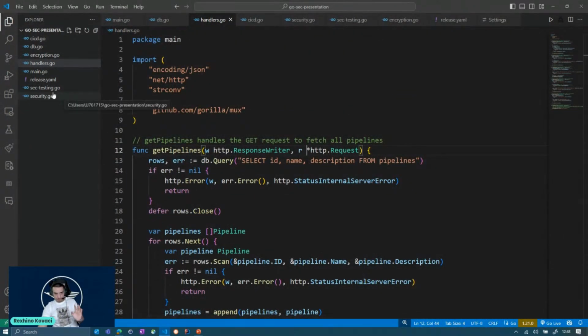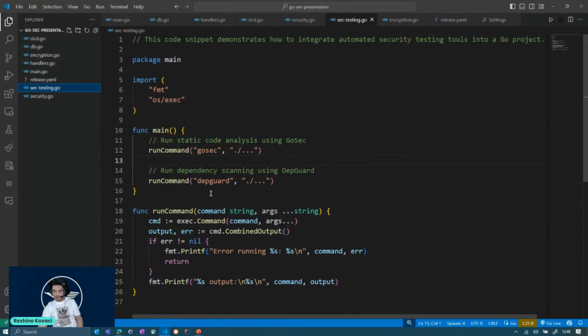So that's it. But we also talked a lot about sec testing, but in Golang it's easy. All you have to do is to use the framework Go-sec, and it's finished. It's done, it's okay, and it's good to go. As I said before in this SED note, with the Go-sec, you are able to check all the files, all the modules, all the libraries that have issues, and of course,